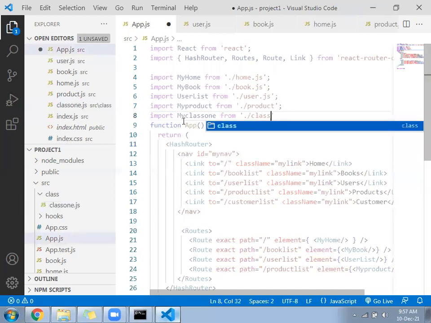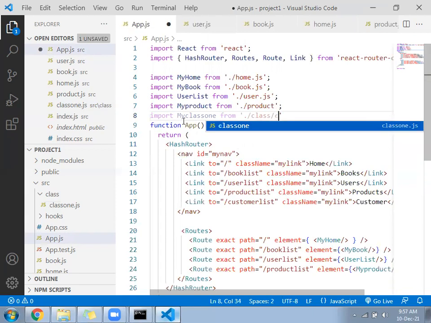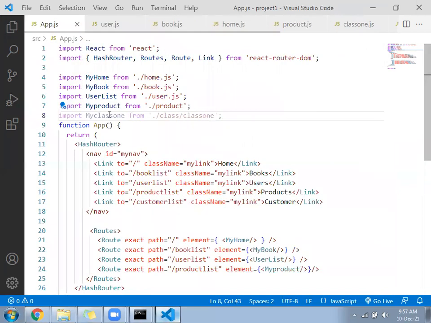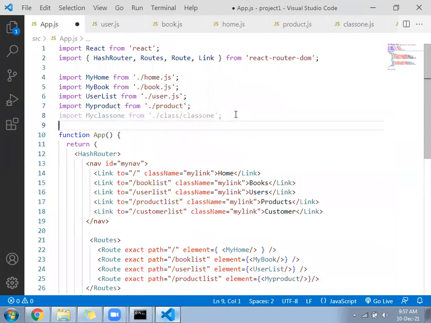Class folder slash class1.js file. This way we can import MyClass1 from the class1.js file. Now coming down, we have written here customer. Customer you are going to replace with class1. Path give as class1. Here also write class1.